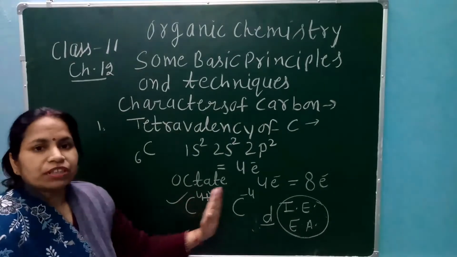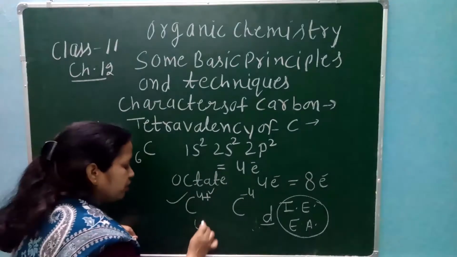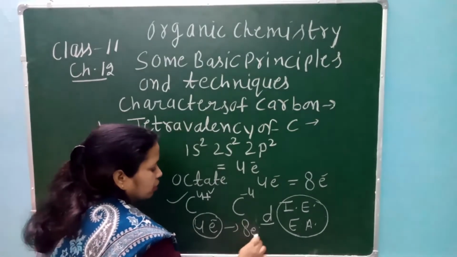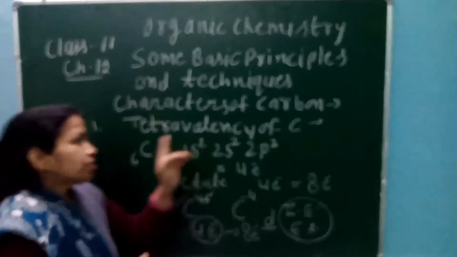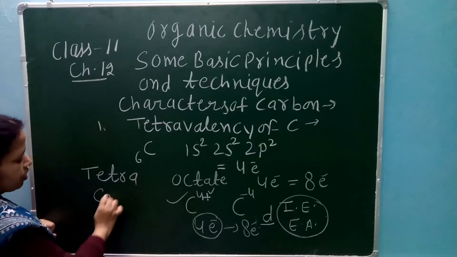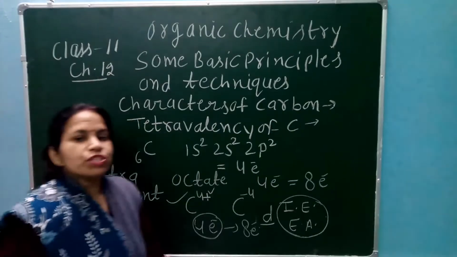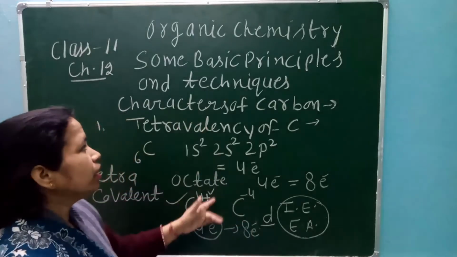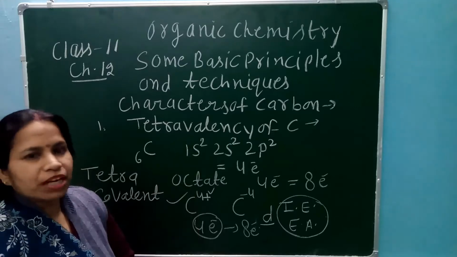कार्बन में 4 प्लस नहीं हो सकता, 4 माइनस नहीं हो सकता. It means carbon is friendly. Carbon only shares its 4 electrons, achieves the octet of 8 electrons and becomes stable by sharing. So carbon is tetracovalent, and this bond is called the covalent bond. Carbon always forms covalent bonds because of sharing of 4 electrons. So it's clear, what are the characteristic properties of carbon? First, tetravalency of carbon.